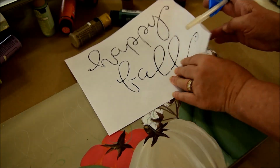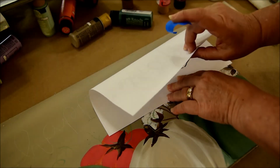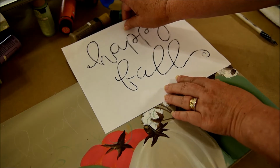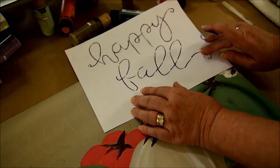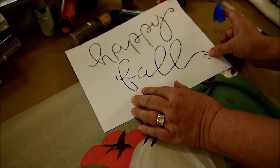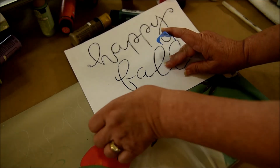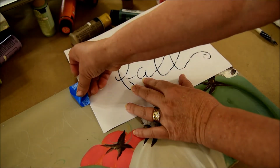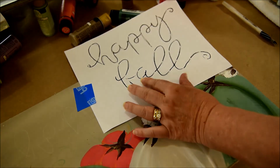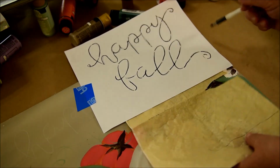Now see, this one's going to go over this cotton boll a little bit, but that's okay. See the lining up of it? Where is it on there? Just play with it until you're happy. Make sure I'm not overlapping the Y. Okay, tape it here. And one thing about the graphite, if I don't like the placement after I've transferred it,